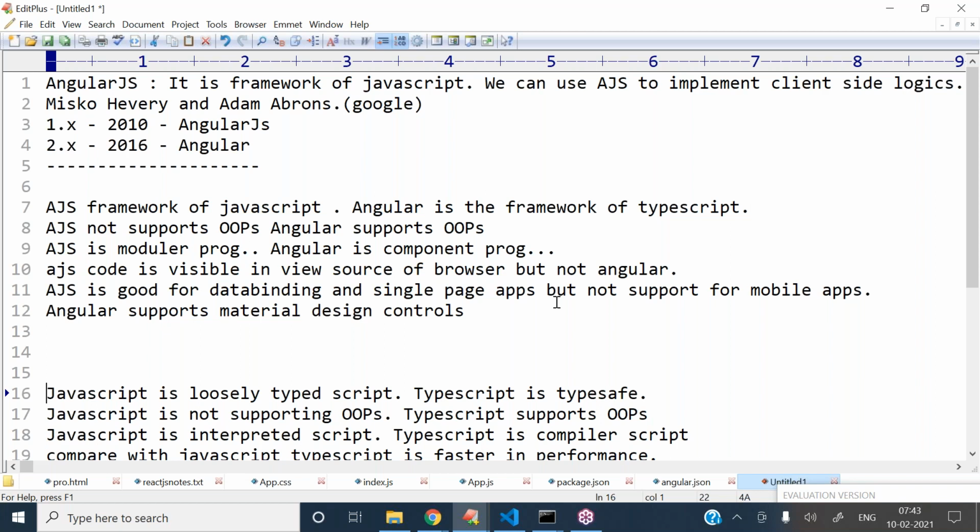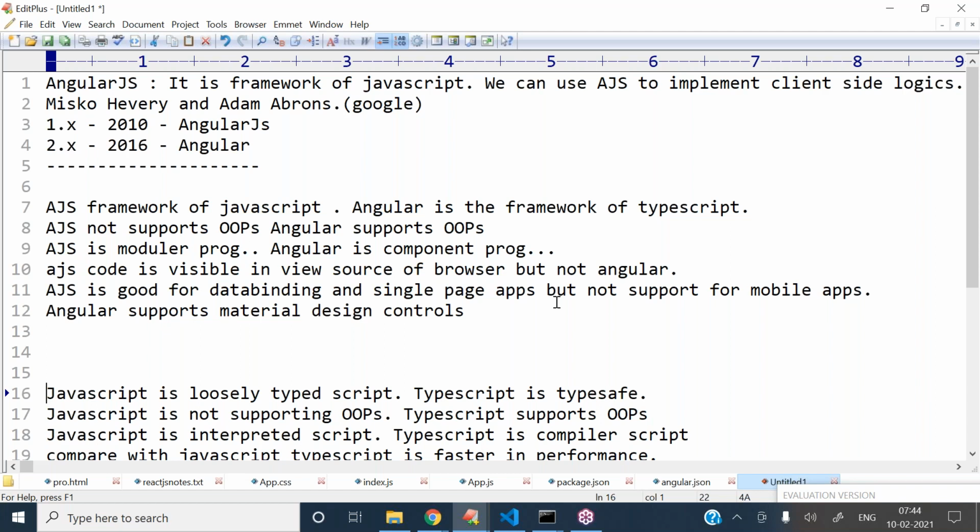Anyhow, AngularJS, JavaScript, Angular, ReactJS, all these technologies are front-end technologies, meaning browser-related technologies. To work with the front-end logics, we use these technologies.